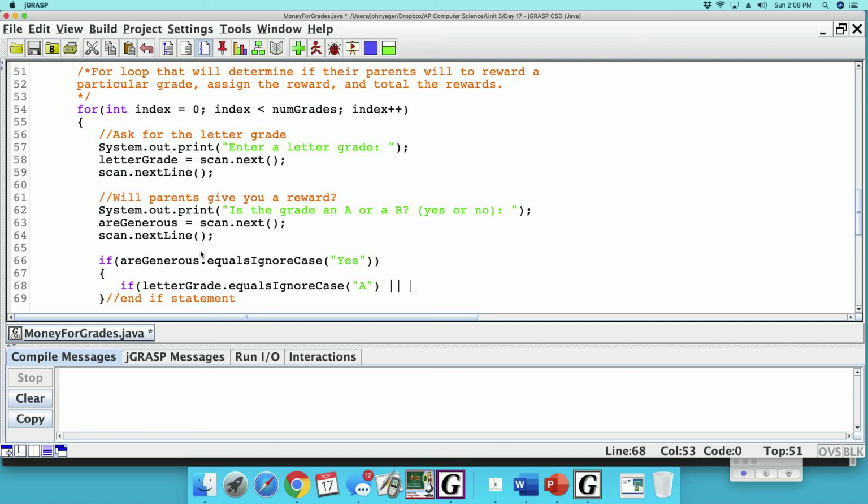These two vertical bars in Java mean or. So if the letter grade equals ignore case an A, or the letter grade dot equals ignore case an A minus,